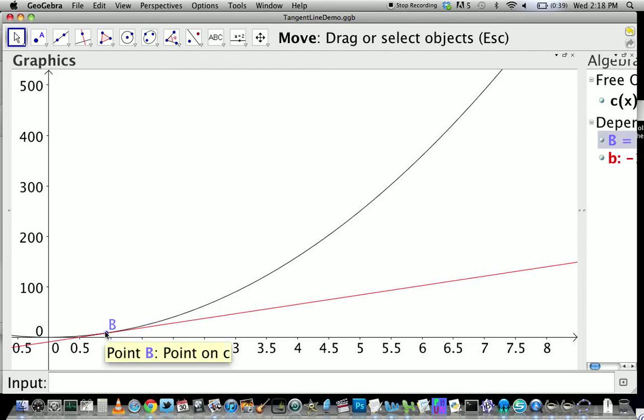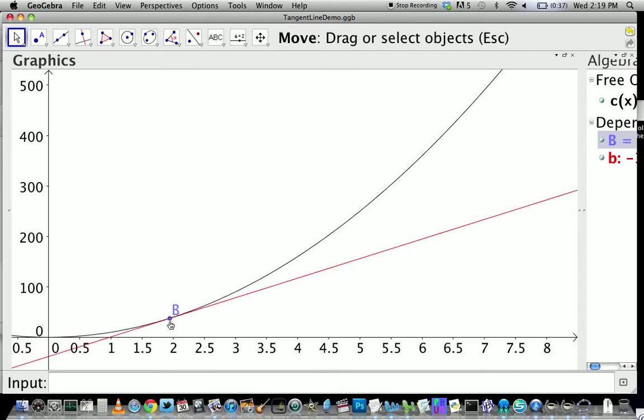As I move this point from here to here, you're going to guess what the red line is going to do. If you want to pause the video, that may be a good idea. All right, I'm going to try it now, and we'll see how your prediction matches up with what happens. If I drag this over here,